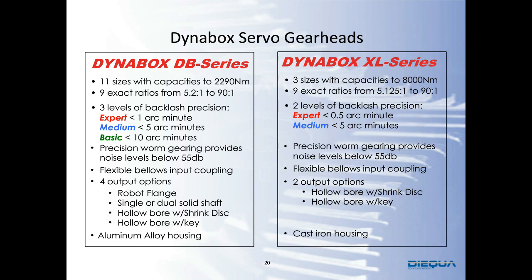The expert iteration is 0.5 arc minutes of backlash, but this is limited to either hollow bore with shrink disc or hollow bore with key. So that, in summary, when we look at the Dynabox product,